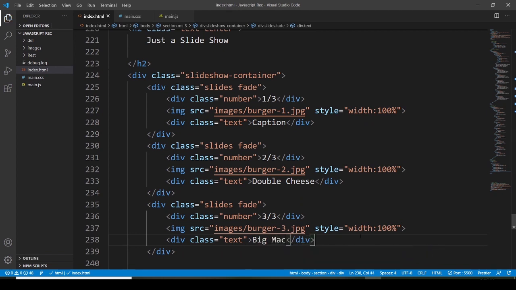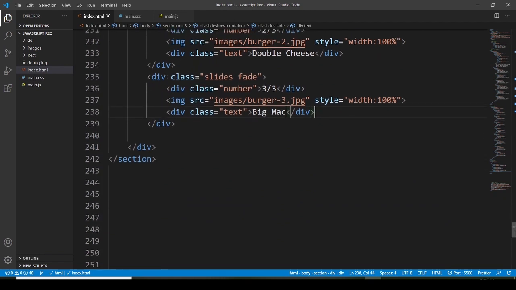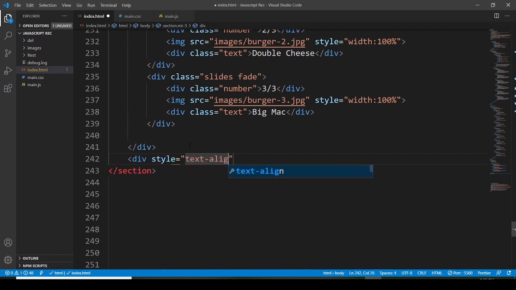I don't know why I'm saying this, but let's go with this. Okay, then let's have a division here. Use the style, and it is going to be text align center